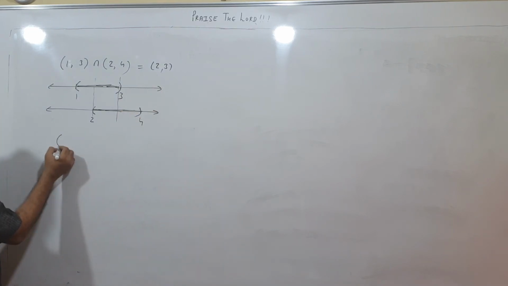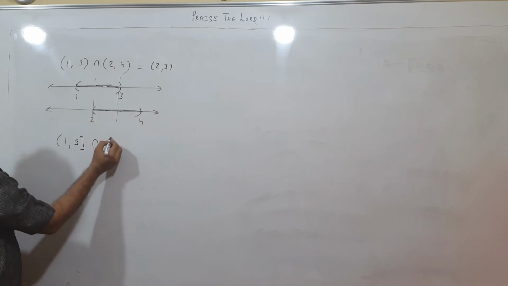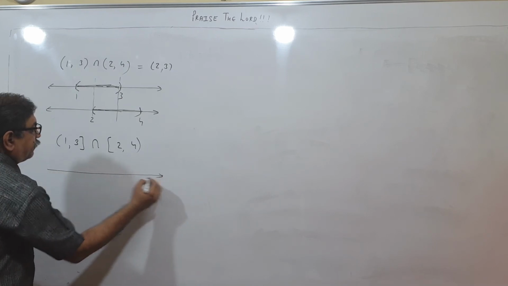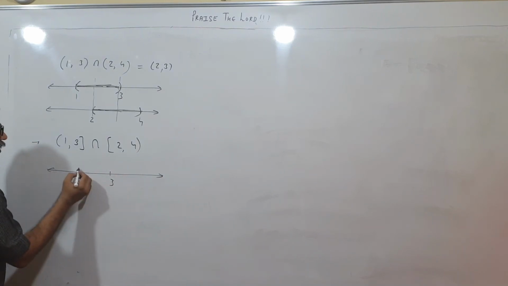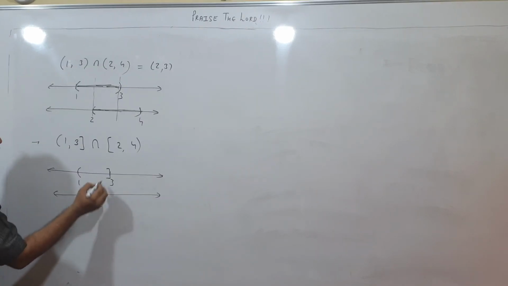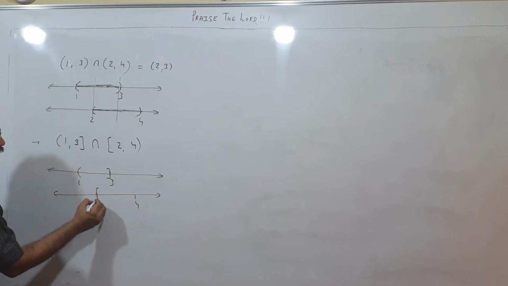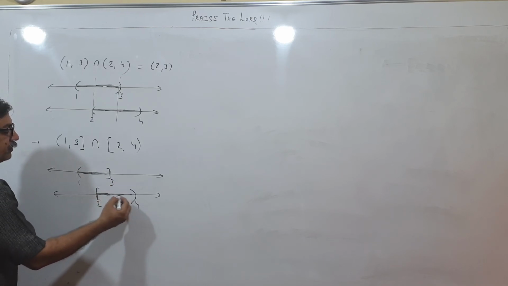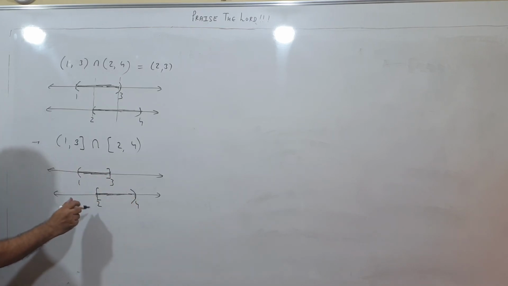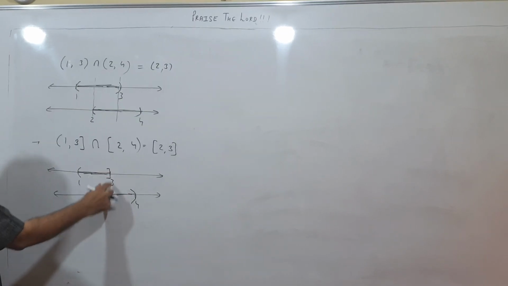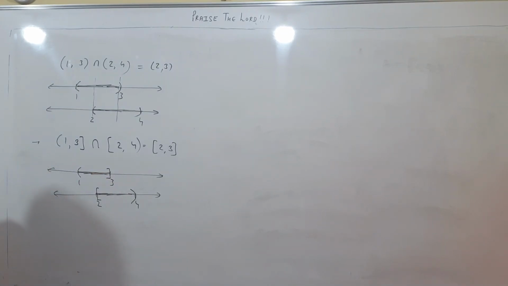Following? Then let us think. [1, 3) intersection (2, 4]. See what will happen. 1 not included, 3 included. Then 2 will come here between 1 and 3 and 4 somewhere over here. 2 not included, 4 included. We want intersection, so we are looking for common region. So common region here. 3 included here and here also. So now what is the answer? 2 to 3. This much region common. Common region you have to see, children, for intersection.